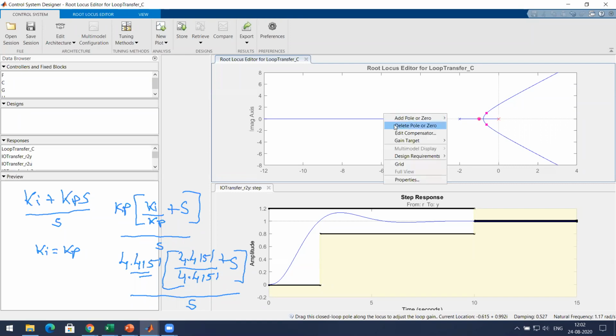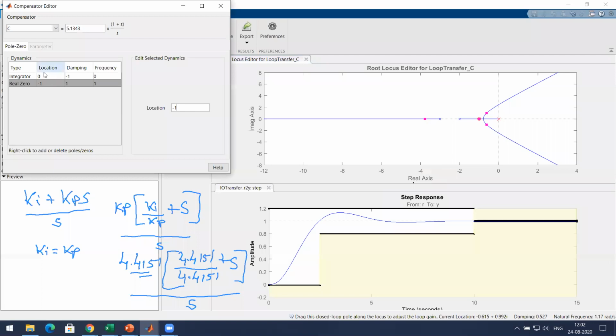So what did we add? We added a pole at 0. Why is it not specified as a pole here? Because it is 1 by s, and 1 by s is nothing but an integrator.